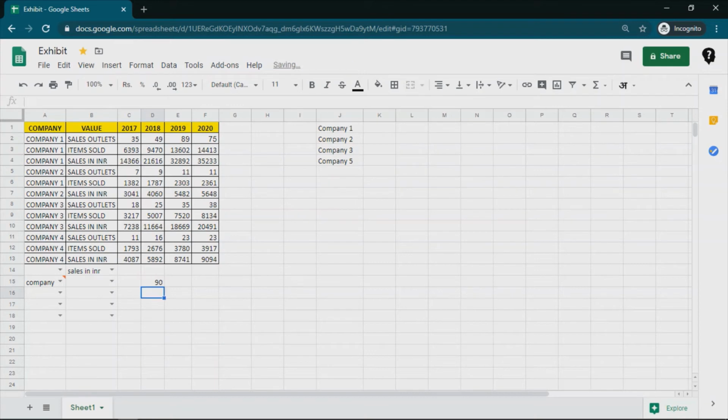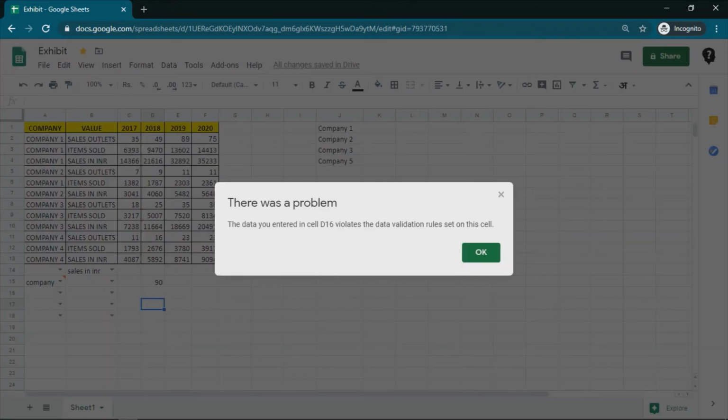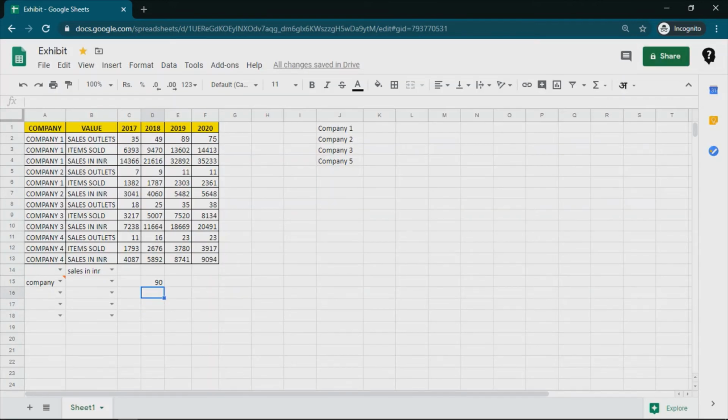However, if I try to enter any number, I can enter. If I try to put some text, it will reject with a predefined warning saying the data you entered violates the data validation rule in this cell. Okay, now if I try to enter the number but in negative value, it will still highlight that because it is not satisfying my validation criteria.